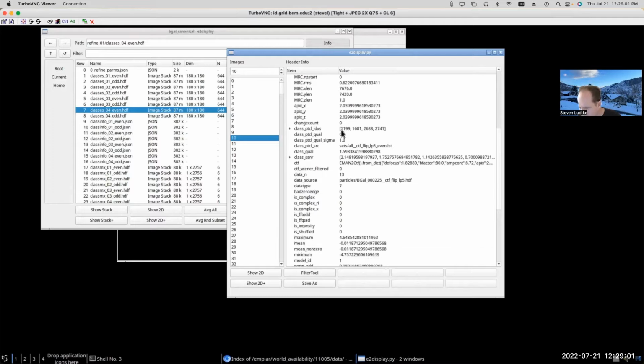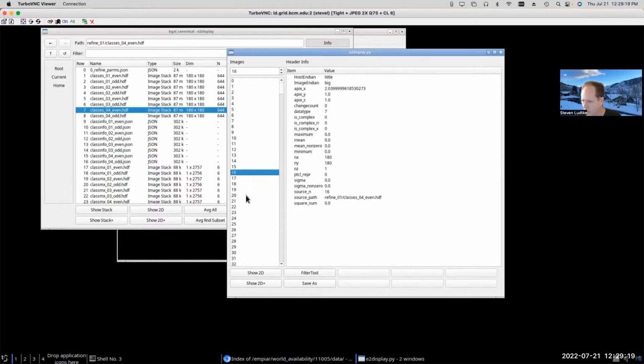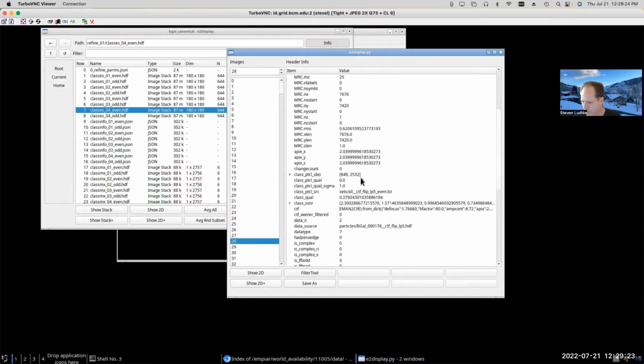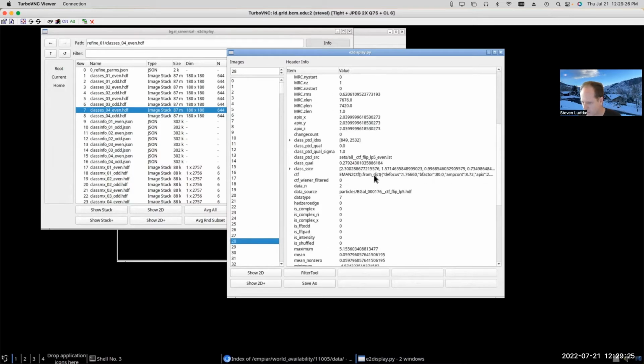We will also have another field, or I guess there weren't any excluded here, but if there were particles that were classified in this class but then excluded, there would be another metadata field which would contain the list of those. There weren't any in this case, so that's missing. I wonder if we'll see any in any of these others. You can see the ones that are missing metadata entirely are the class averages which didn't have any particles associated with them.